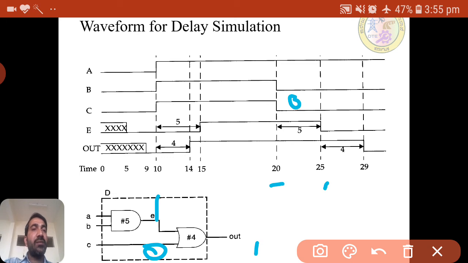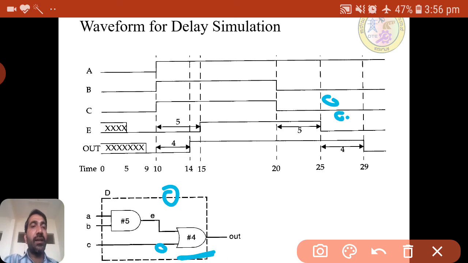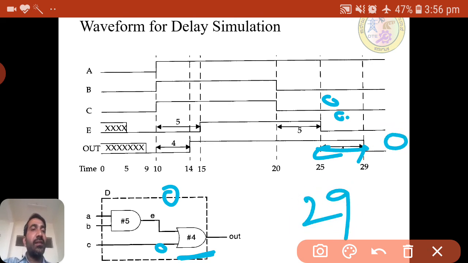But at 25, e also becomes 0, means both are 0 0 at this instant, but the output of that will affect only after the 4 nanosecond. So because of that, at 29 the out will be 0.